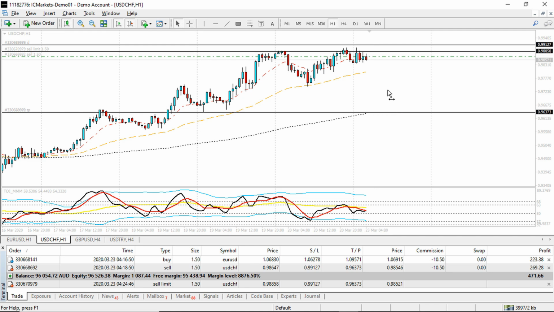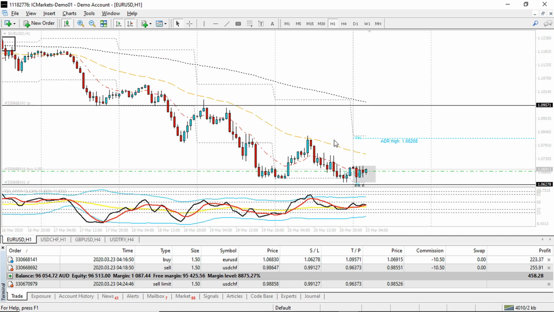So that is the major advantage of the limit order over the instant execution order, and even over the sell stop order or the buy stop order. So in the case of Euro USD, let's do similar. Let's place a buy limit order at